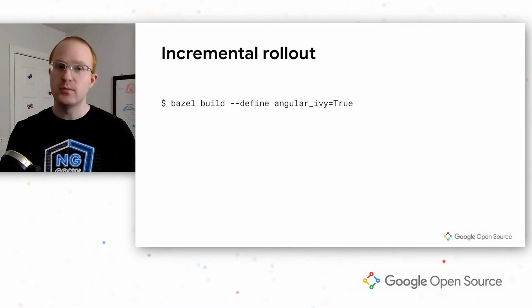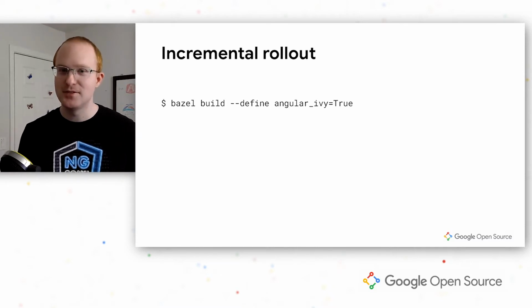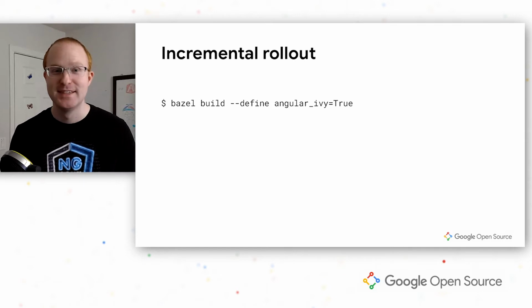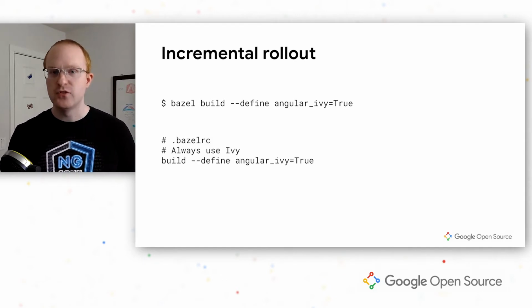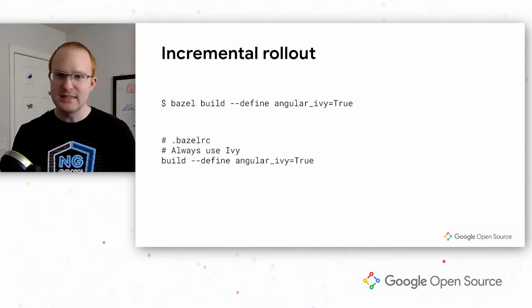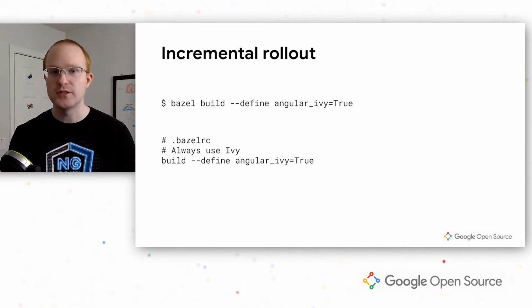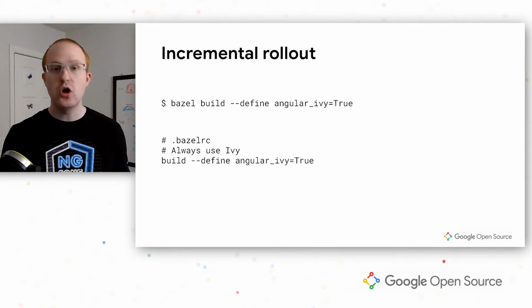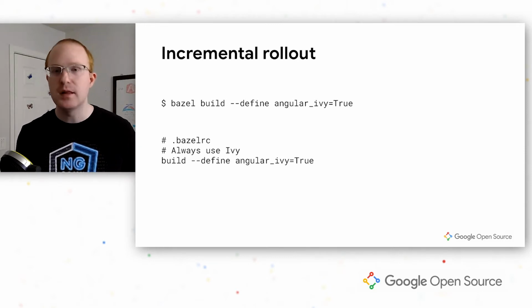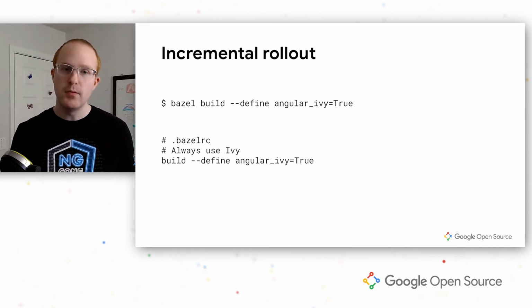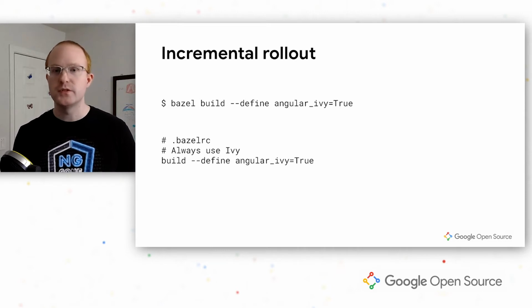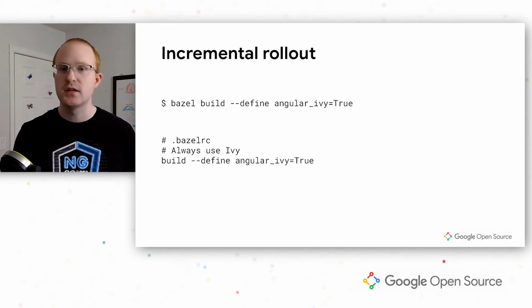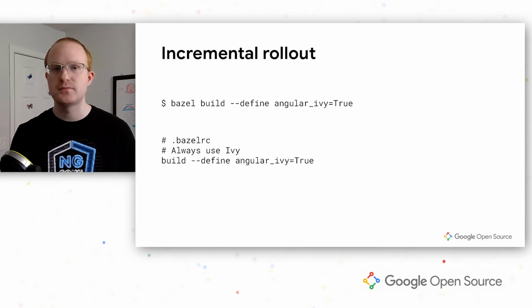I don't know about you, but I can't remember to check the test pass before I send a PR for review, so I'm definitely not going to remember to do this. Alternatively, we could add this flag to our Bazel RC configuration file, so it's automatically applied on every build. That at least saves me from embarrassing myself in front of my coworkers. However, this also means that it applies to all applications in the workspace, so we can't apply this flag on an application-by-application basis like we really want to. The problem here is that these flags apply to the entire compilation, which is just too broad for our purposes. We want this to be application-specific, so this just doesn't quite work for us.